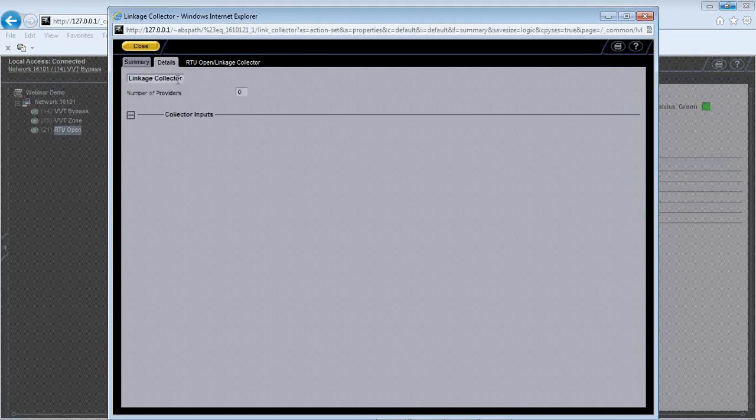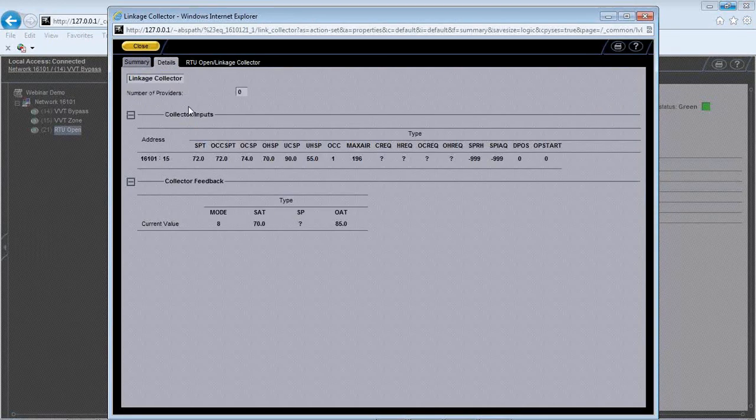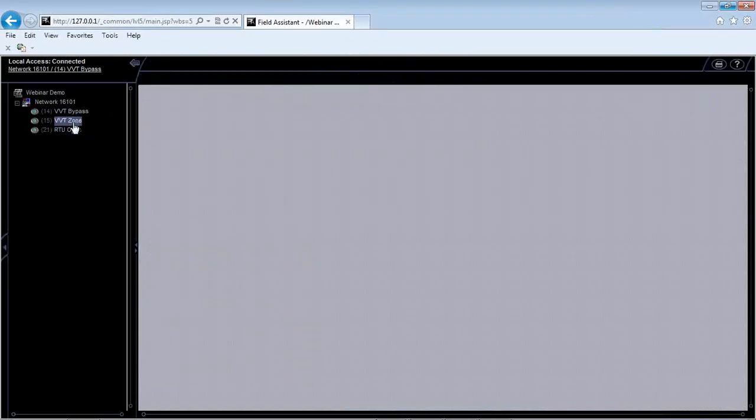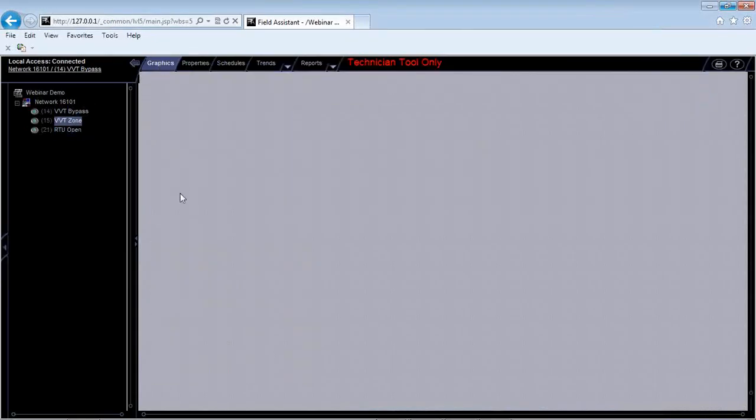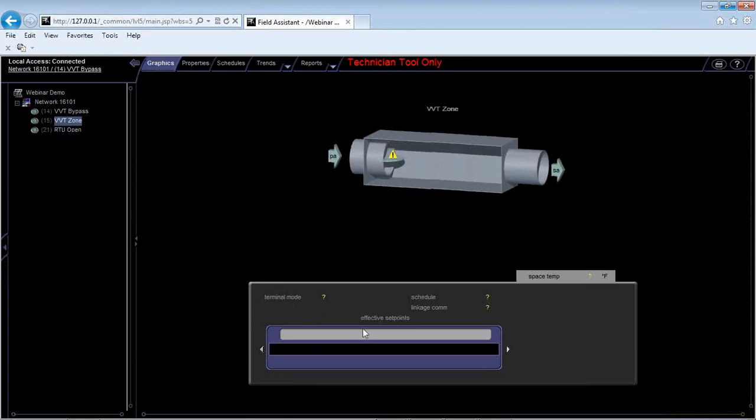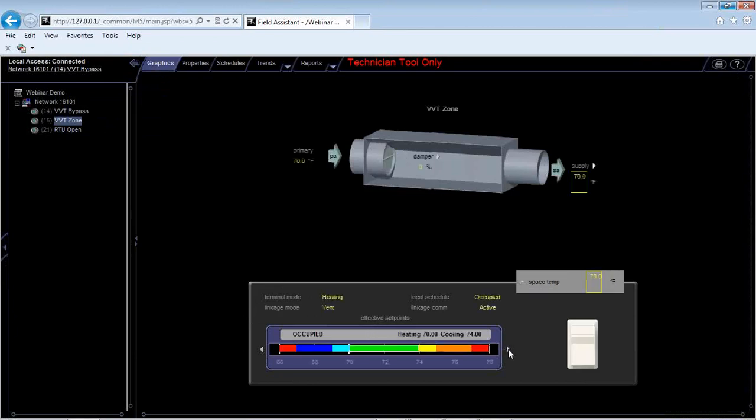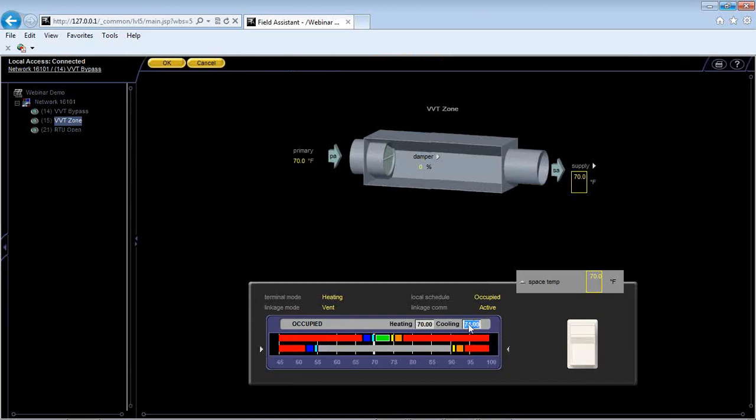Just takes a minute here. But you can see that I'm reading a space temperature of 72. My set points are 70 and 74. Okay, unoccupied. So if I go to my zone and I change my set points to 78 and 65,